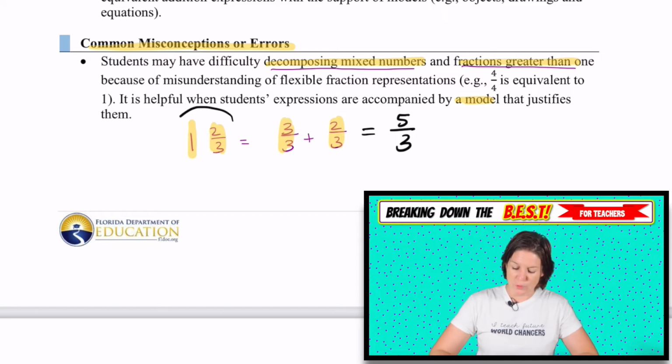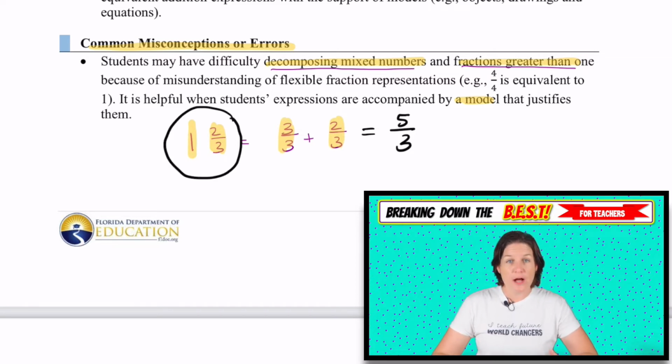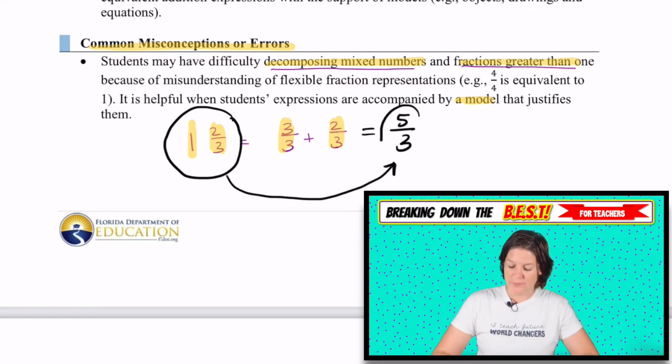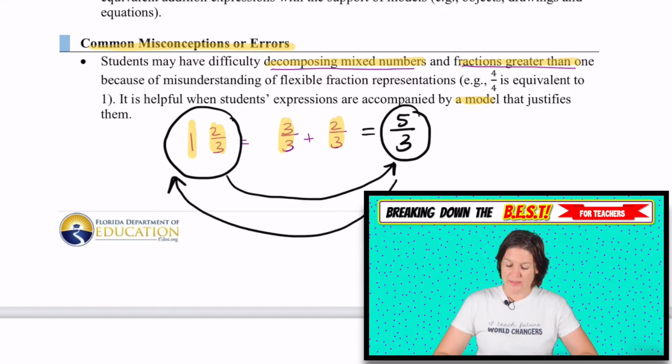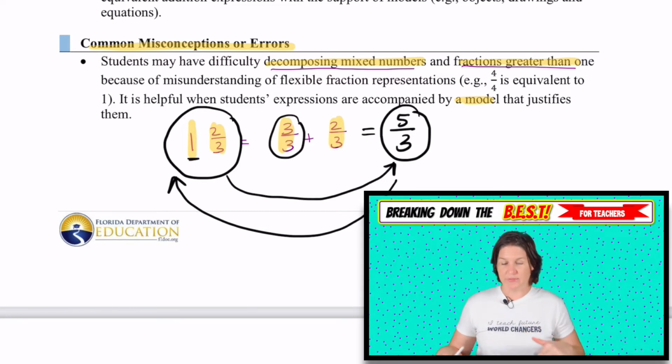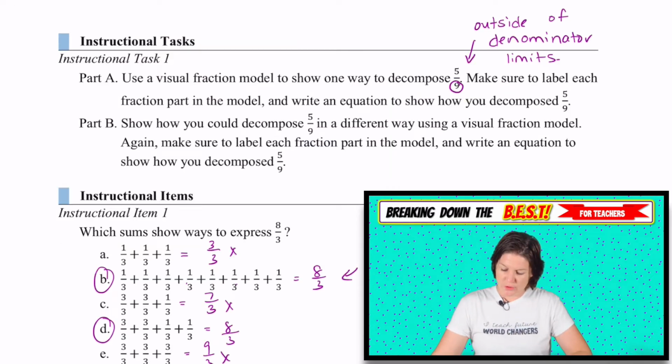And I think this is a cool way, using the decomposition of a mixed number to show how we can get to a fraction that's greater than 1, and vice versa. We could say that 5/3, well, we can pull out a 3/3, which would be 1 whole plus 2/3. So this really helps students to be able to go back and forth between mixed numbers and fractions that are greater than 1. Okay, for this instructional task down here, you can see what it looks like in action, but